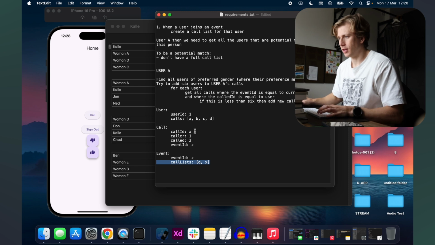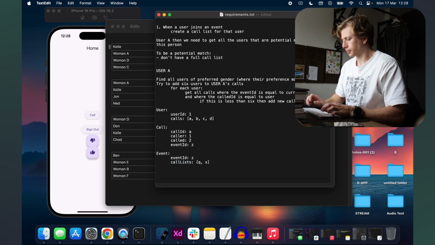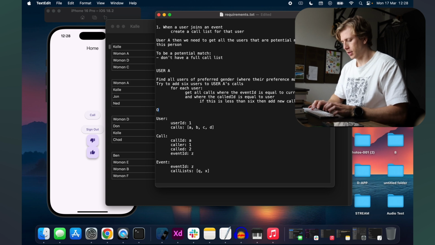Because then the final thing is going to be, once the user is in the event,